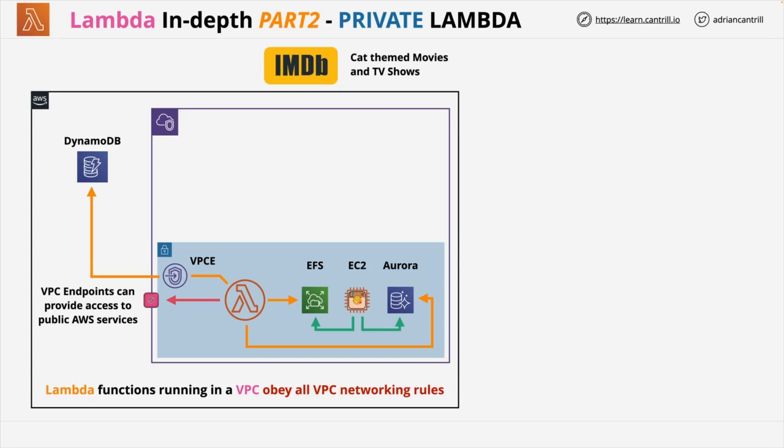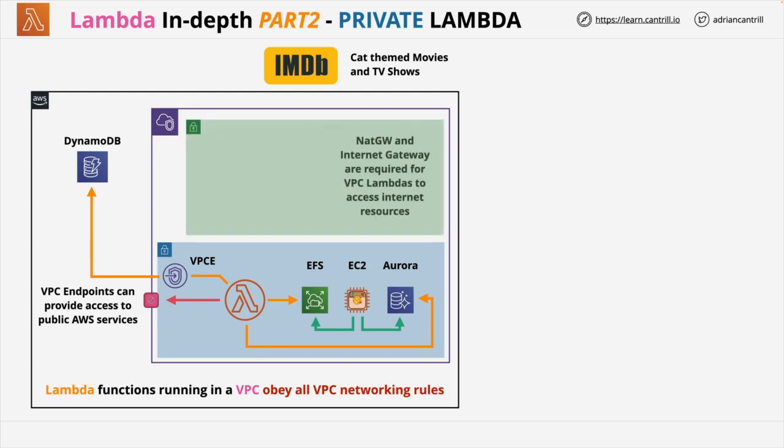Or in the case that the Lambda function needed access to AWS public services or the internet, you could deploy a NAT gateway in a public subnet and then attach an internet gateway to the VPC. Remember, Lambda running within a VPC behaves like any other VPC-based service. The same gateways and configurations are needed to allow VPC-based Lambda functions to communicate with the AWS public zone and